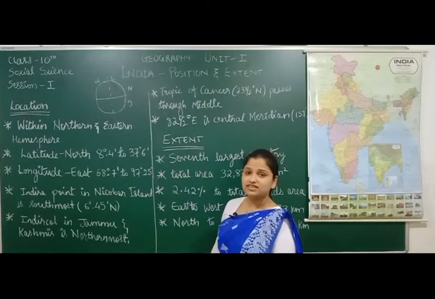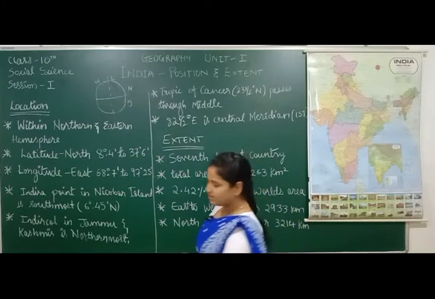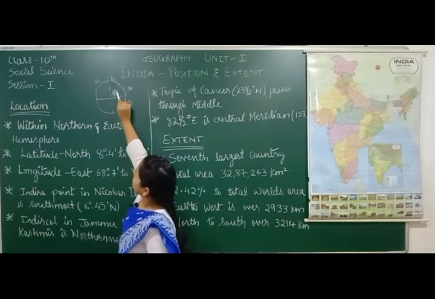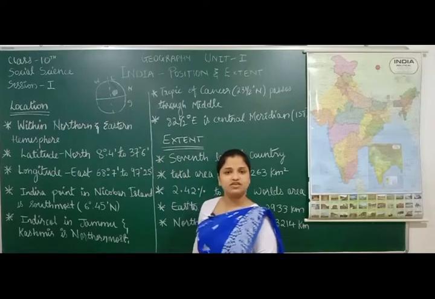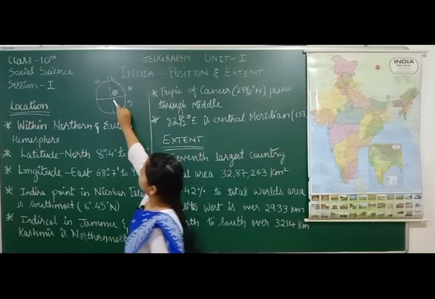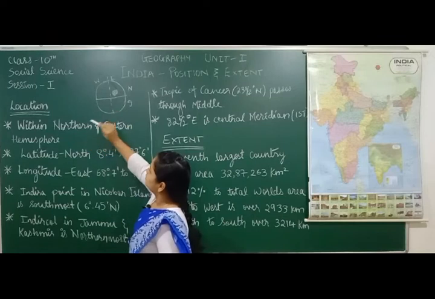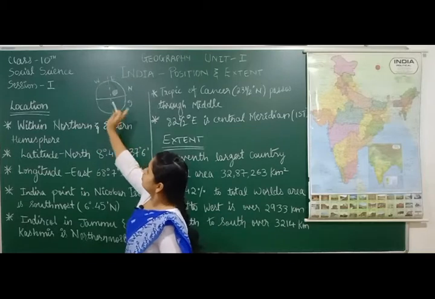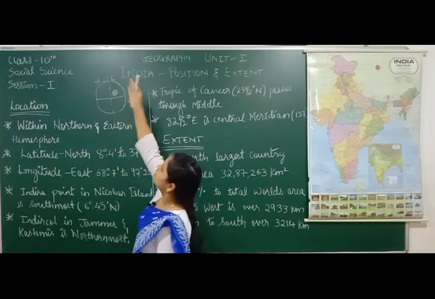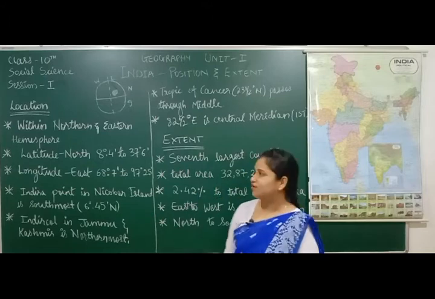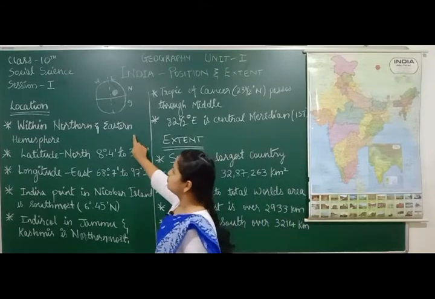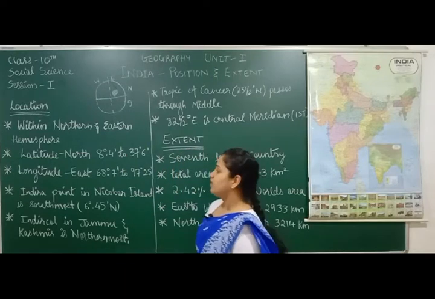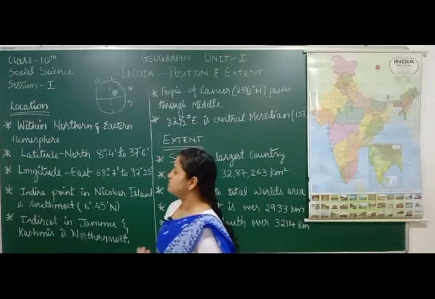Is that clear? Now I showed you on the globe, where does India lie? India lies here, which is the northern eastern hemisphere. Did you understand how to read this? Suppose India would lie here, then we would call it southern, and which side is this? Western. Southern western hemisphere. But now it is in the northern eastern hemisphere. Okay, is that clear to you? So that is one important point you have to remember when you're talking about the location and extent of your country. Also, we have to learn about the latitudes and longitudes here.